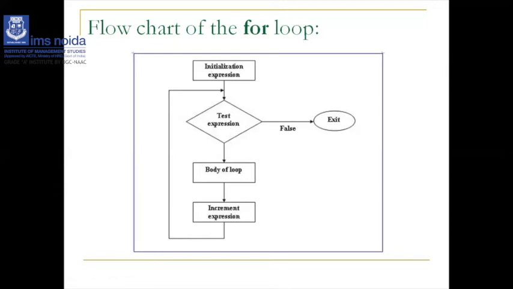So here you will write I is equal to 1. If I is less than or equal to 10, you will print I and set I is equal to I plus 1. Now again it will check whether I is less than or equal to 10 or not. If yes, it will display and increment I, and it will continue till I is less than or equal to 10. And as soon as the condition becomes false, it will exit.